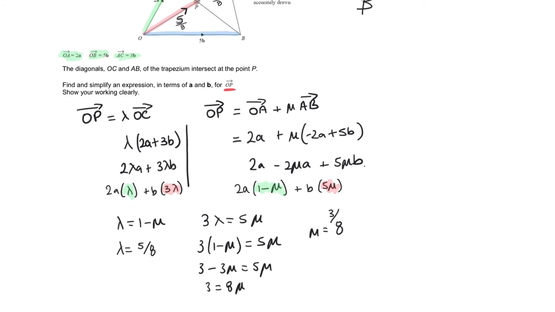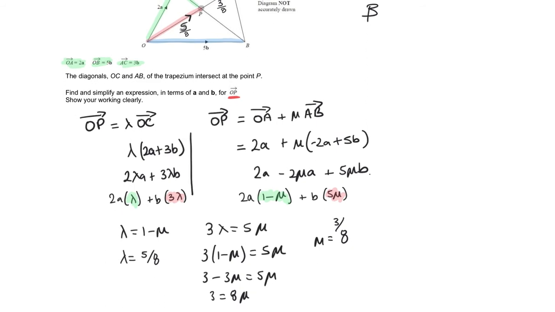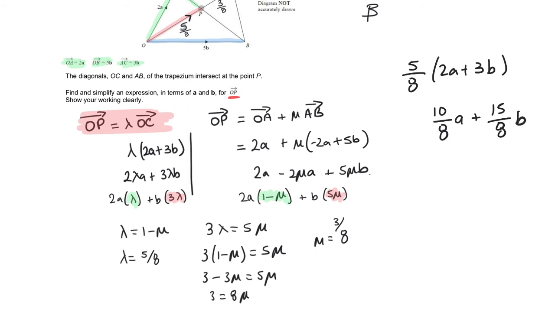Okay, guys, really simple. Now we worked out all of this. It wants an easy thing for OP. We already know what OC is, don't we? All we need to do is here, where we originally put it, we just need to multiply by 5/8. So, 5/8 lots of 2a plus 3b is going to give us 10 over 8a plus 15 over 8b. This is a simple, well, it's not quite simplified because 10 over 8 could be simplified to 5 over 4. However,